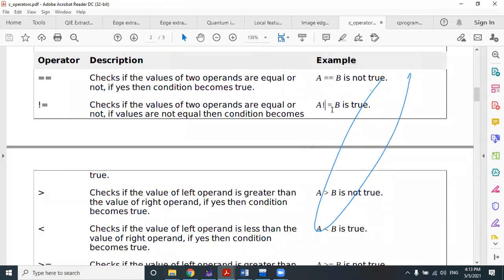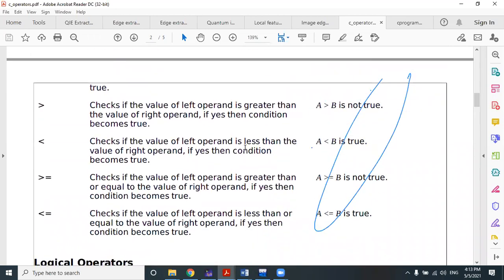Okay. So in your program, either you can use this one or you can use this one. It's your choice. Right. So if you use this one, the first output will be true, second output will be false. And if you use this one, then the first output will be false and second output will be true. That is the only difference. So any one of these operators you can use in your C program as per the need.